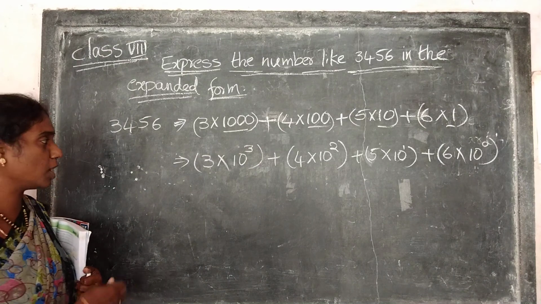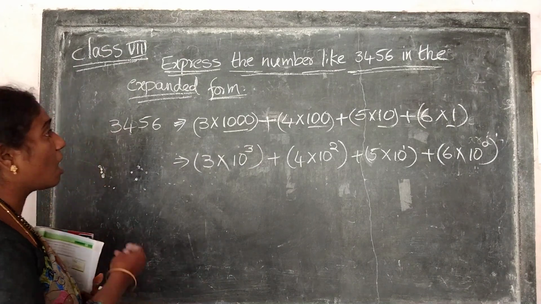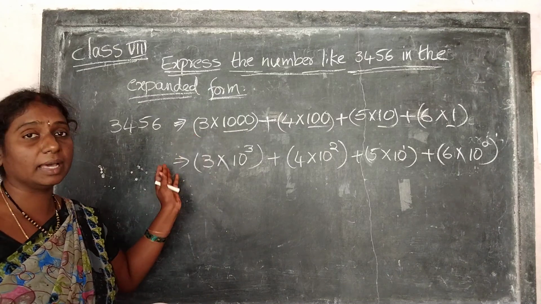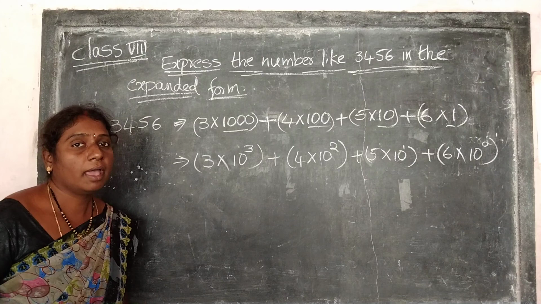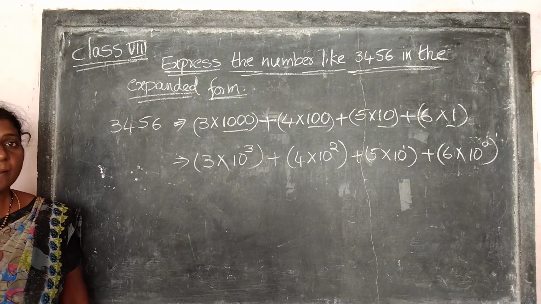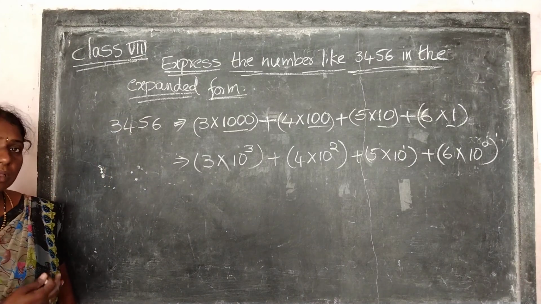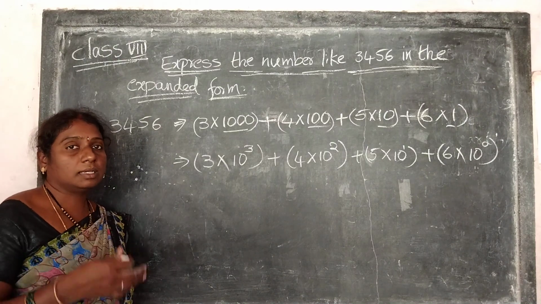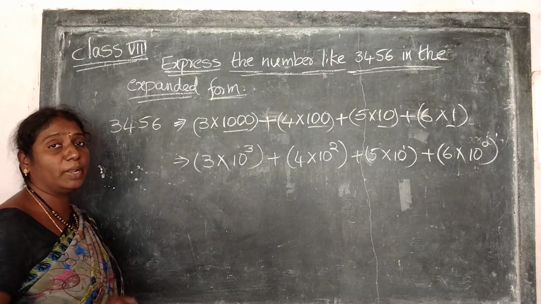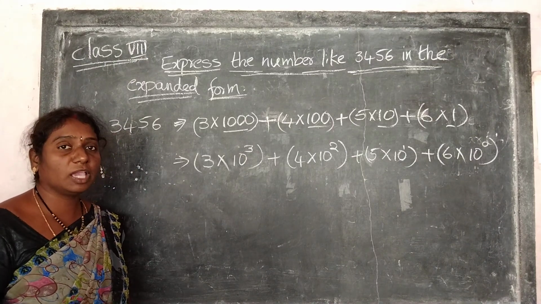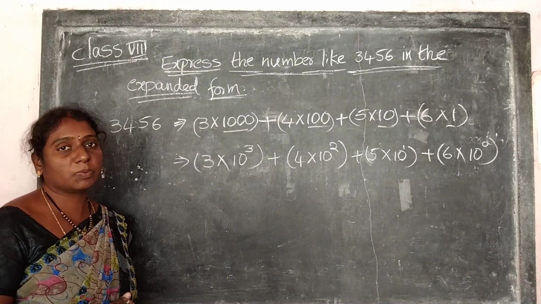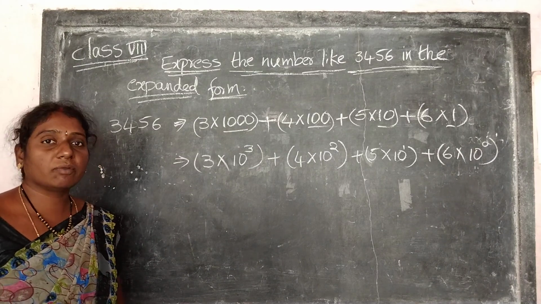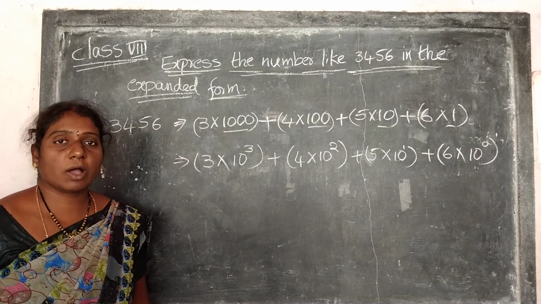Understood all of you up to here? Clear? This is the way to find the expanded form, and then write that expanded form using powers and exponents. Take any number and find its exponent form. Suppose this is a whole number, not a decimal number. If the given number is a decimal number, then how to find the expanded form and convert that expanded form into exponent form?